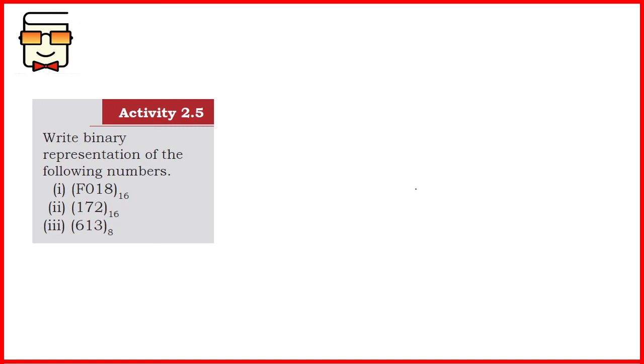Coming to the last part, it gives us an octal number. This base is very important for you to know how to convert. In this case, we'll be writing groups of 3 binary digits. So 6 will be 110, 1 will be 001 and 3 will be 011.